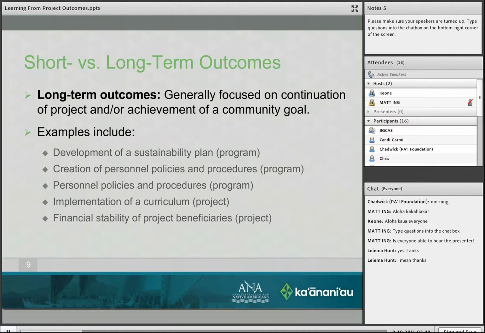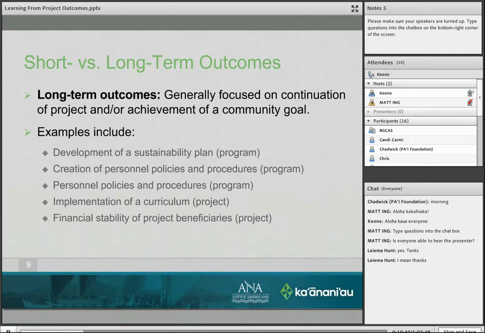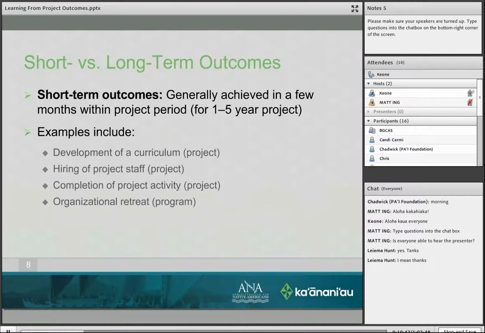Again, that's project specific. Now, one thing that you might have noticed between the short term outcomes and the long term outcomes is that with the short term outcomes, the majority of what you see is project focused with some program focus within that.